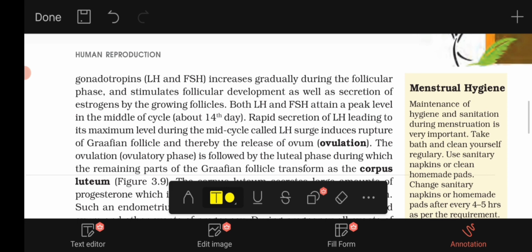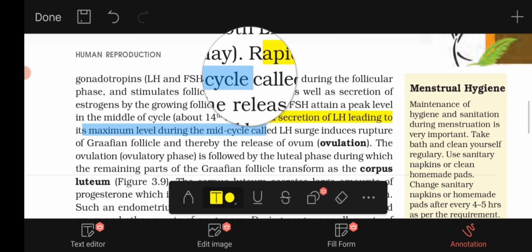The gonadotropins LH and FSH increase gradually during the follicular phase and stimulate the follicular development as well as secretion of estrogen by the growing follicles. Both LH and FSH attain peak level in the middle of the cycle, about day 14, during which ovulation occurs. Rapid secretion of LH leading to maximum level during the middle of the cycle is called the LH surge,